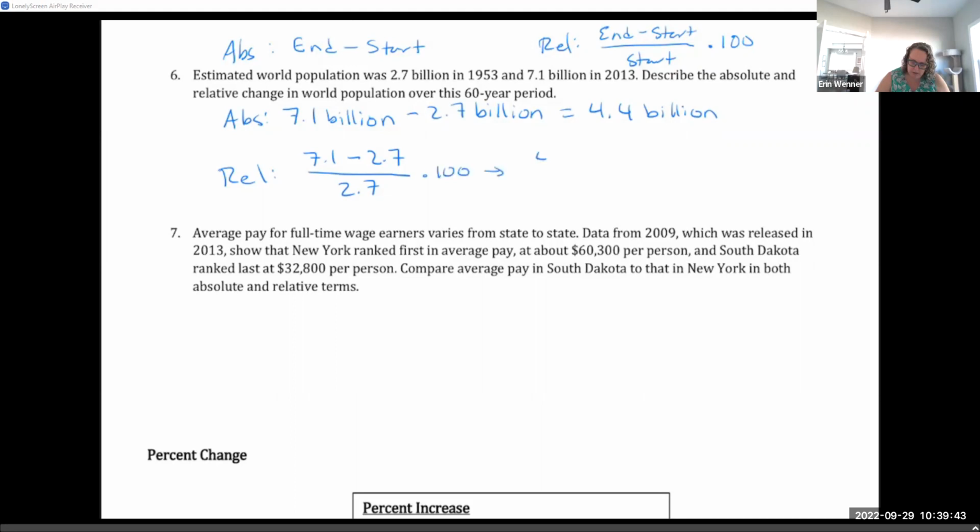So if we reduce, we're going to have 4.4 over 2.7. And 4.4 divided by 2.7 is 1.629, and then it's 629 repeating. And don't forget, we need to multiply this by 100, which gives us 162.9629%. And if we round to the nearest tenth,